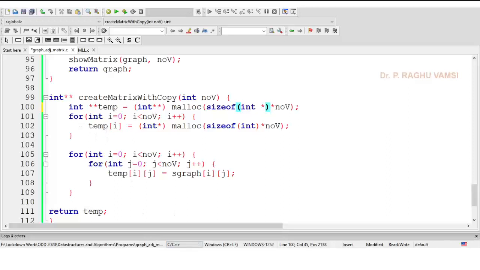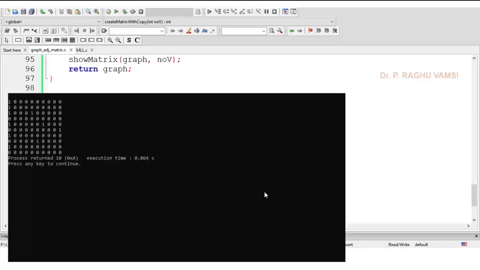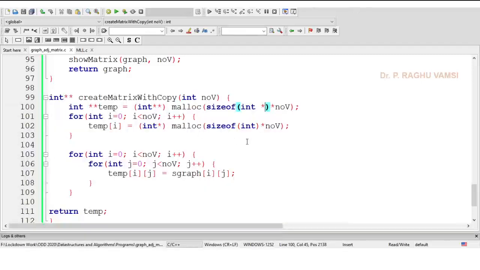Then for each I, temp of I is equal to int star malloc of size of int into the number of vertices. Well, it is printing the matrix. So this is the perfect way of writing. Whenever you are dealing with double pointers, you should be very careful. In the first method it also works, but sometimes it creates memory up to some extent and afterwards it breaks. So I have made this change, and it will work fine as far as my knowledge is concerned.